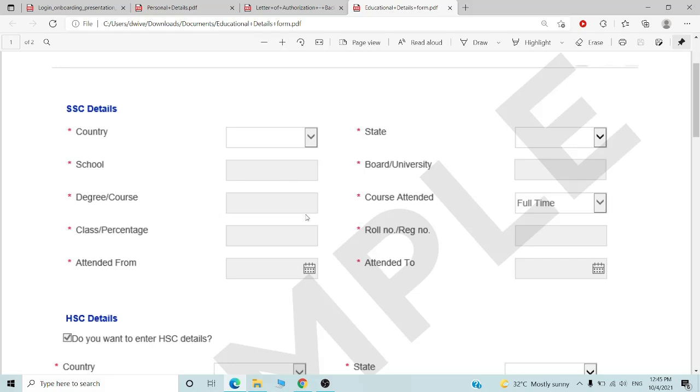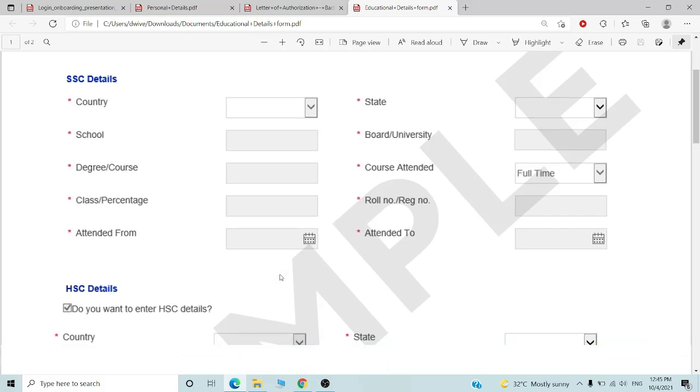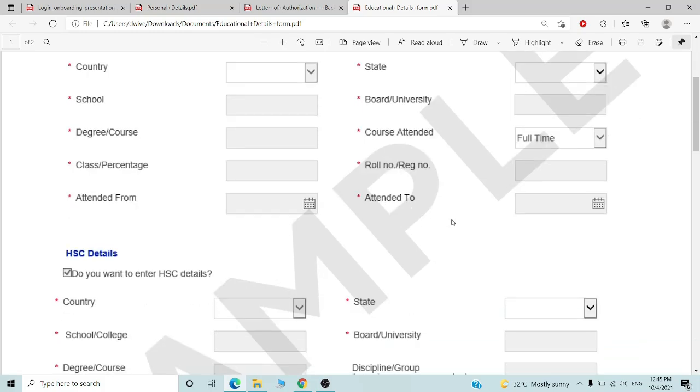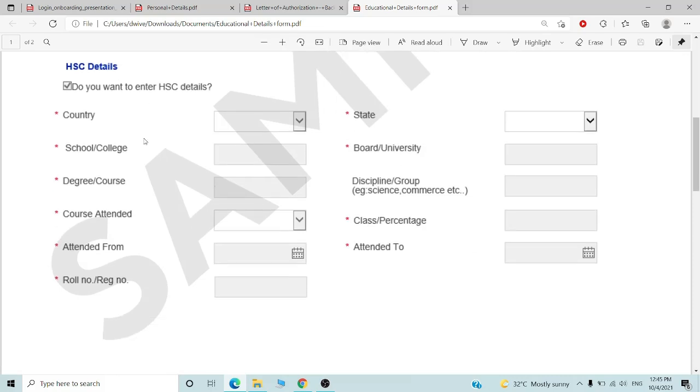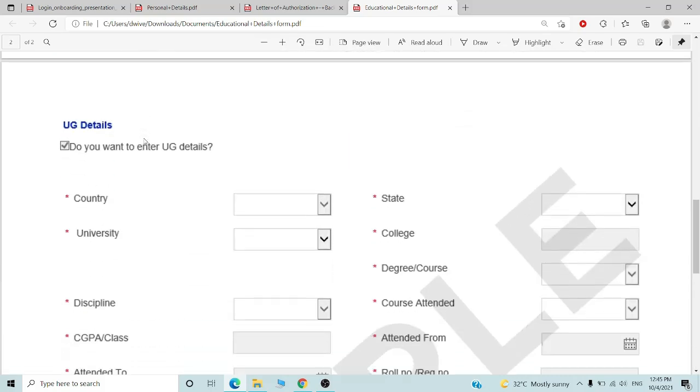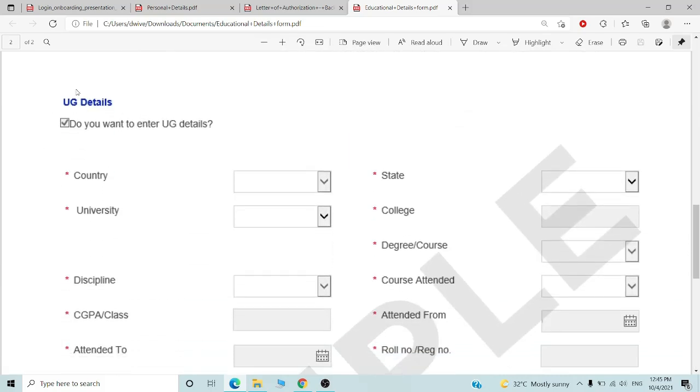Then degree, course attended full time or part time, what percent you got, your roll number, and the dates from where to where you attended that SSC, then the higher secondary certificate, your 12th, your UG, your undergraduation, like your BTech, BE, BCA.